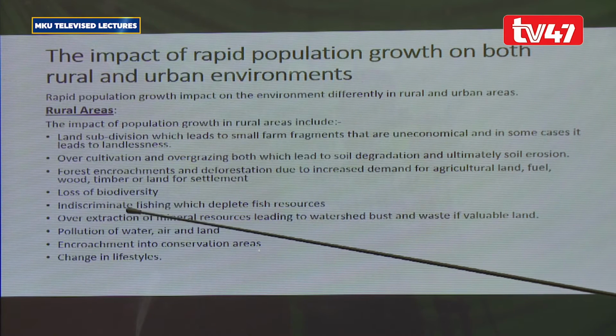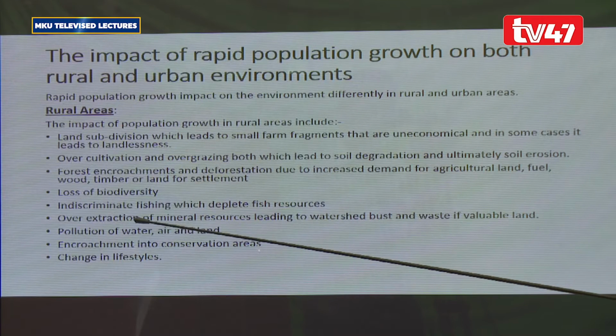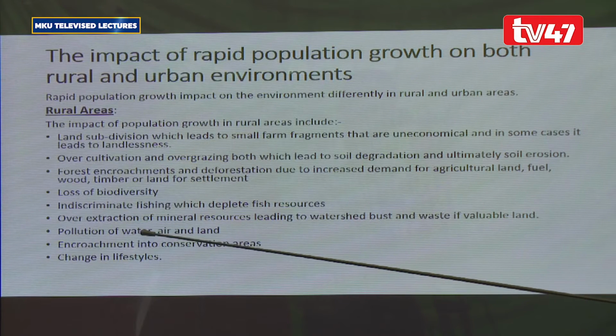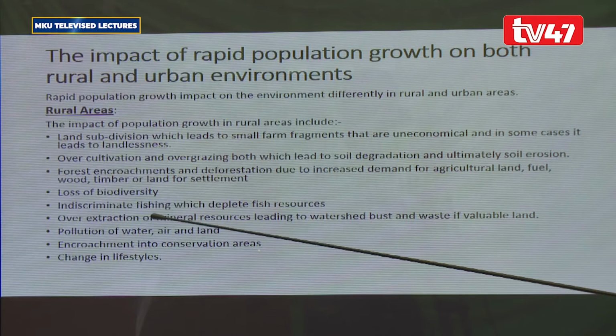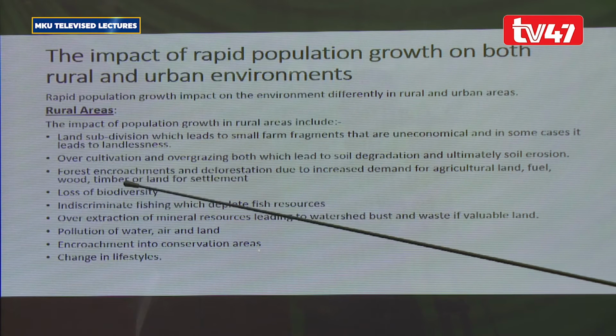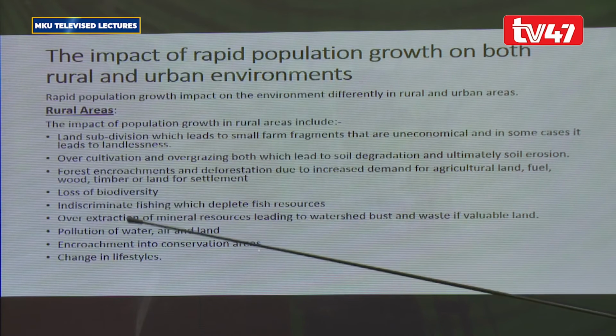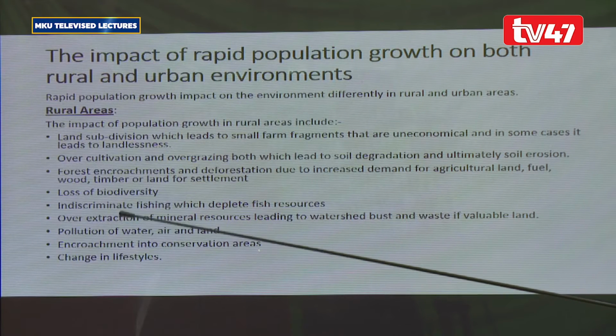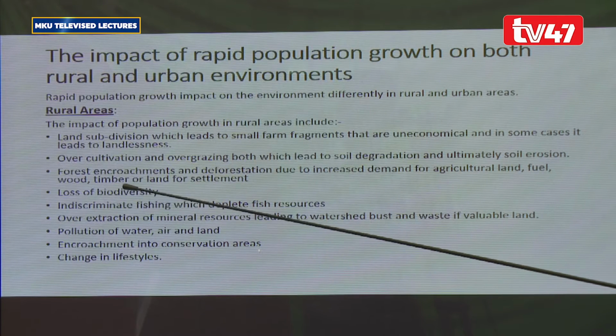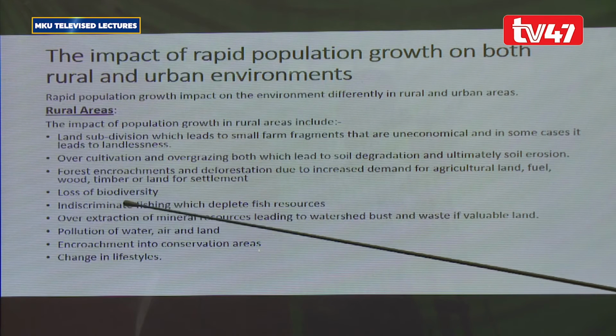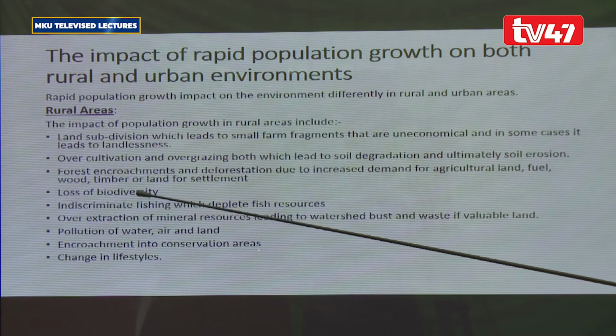They even interfere with the catchment areas. They indiscriminately cut down trees, and this is not in order. So what will happen is that it may also lead to loss of biodiversity. Some species of very important plants and even trees will be cut down. This will also interfere with wildlife. Some of the animals might decide to run away, and this has happened in Kenya, and we have heard the